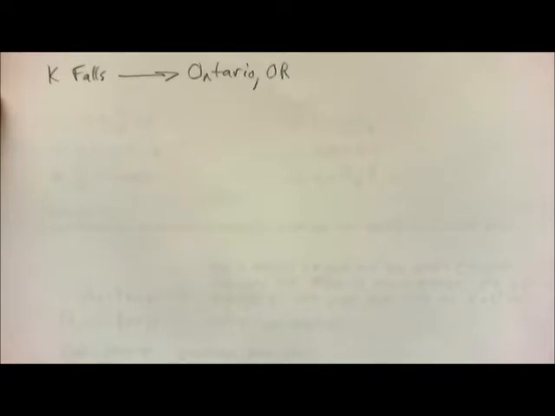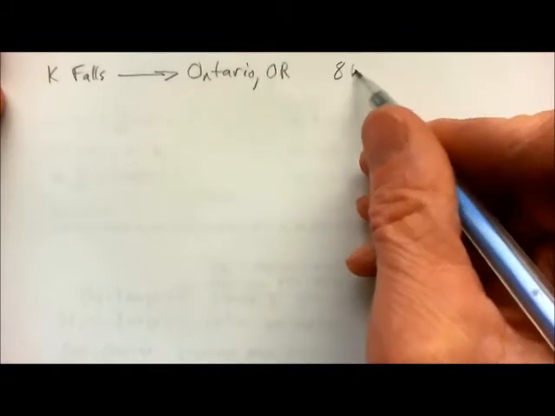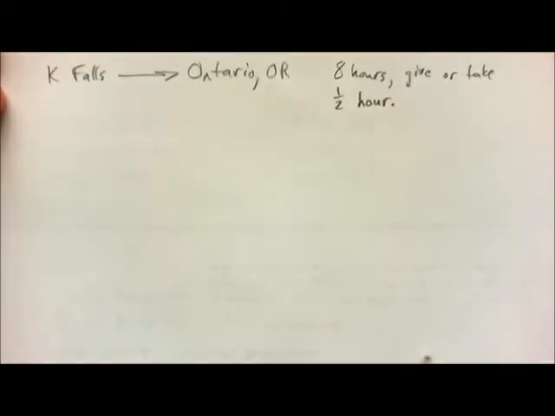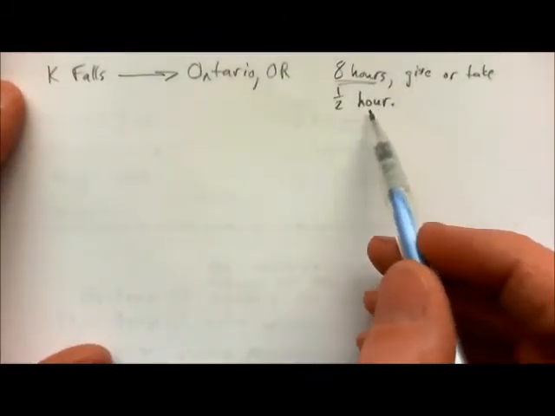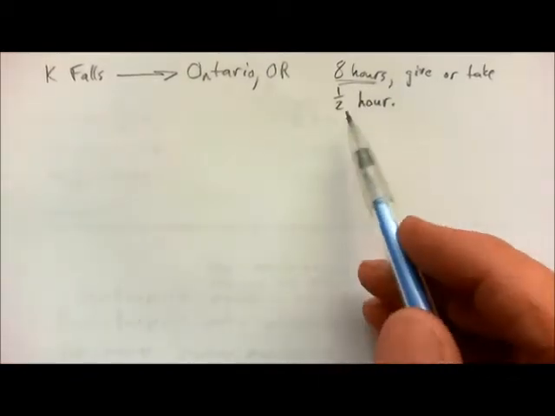So you go and ask Jimmy, how long is it going to take me to get from Klamath Falls to Ontario? And he might give you an answer like something like 8 hours, give or take a half an hour. So what Jimmy's done is he's just given you an estimate of how long he thinks it will take you, but there's some possibility of error, of maybe his estimate being off by a half an hour one way or